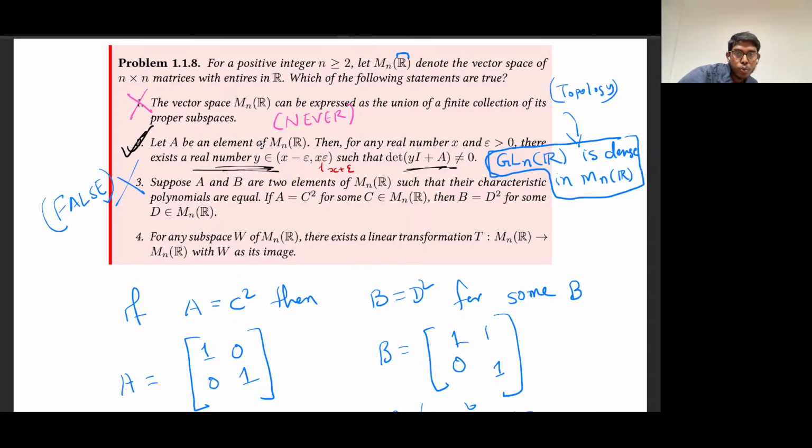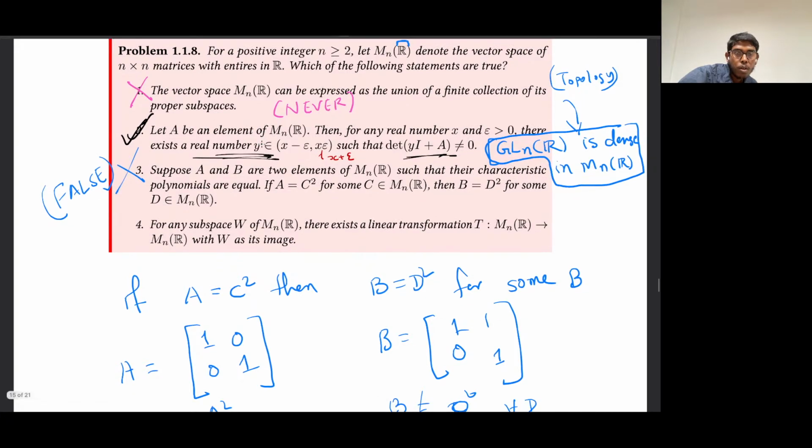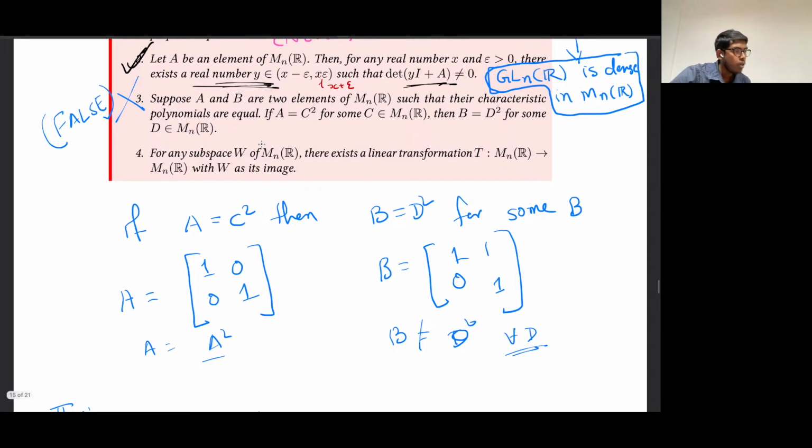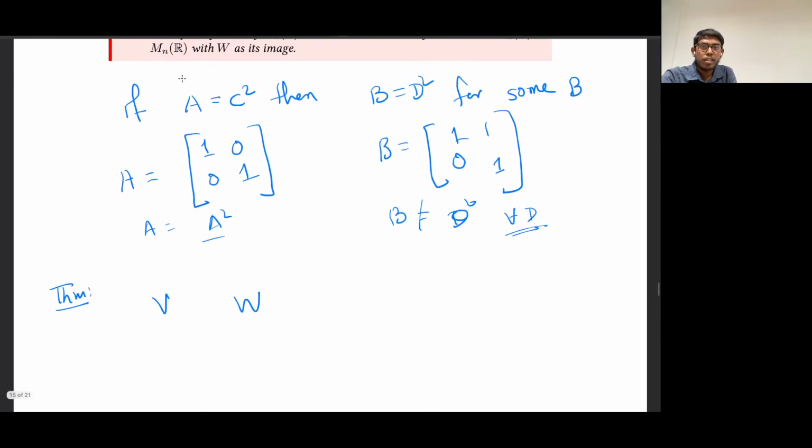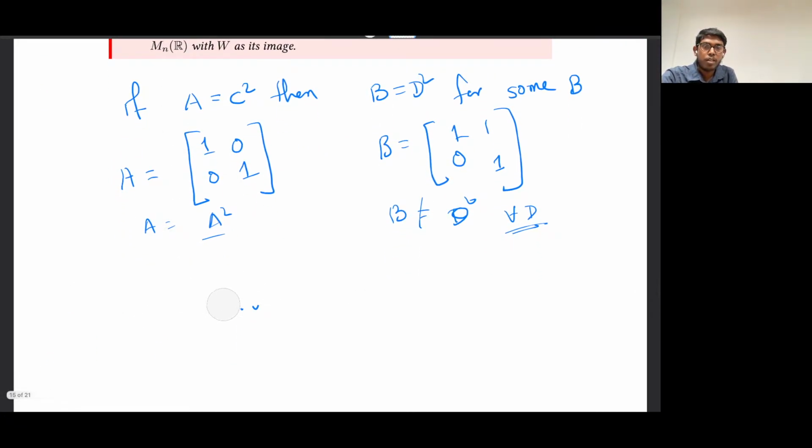Complex, then option 3 is true. I don't think so, because, can you even write this B as a square? Let's see if we can write B as a square. If I can write B equals D square,